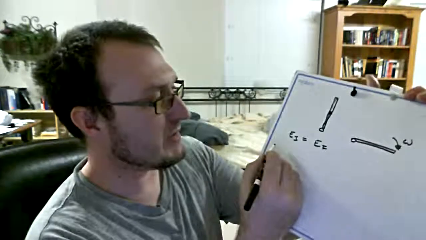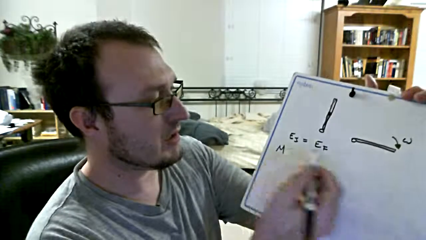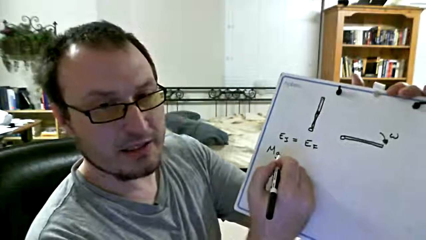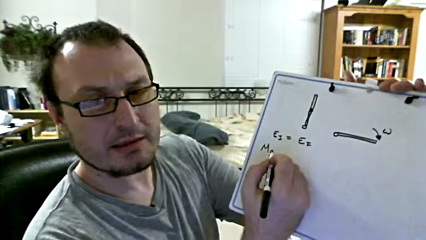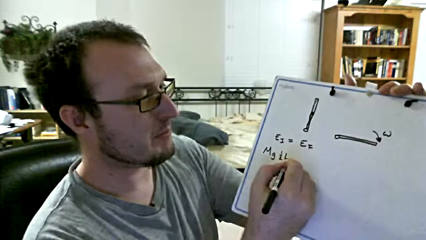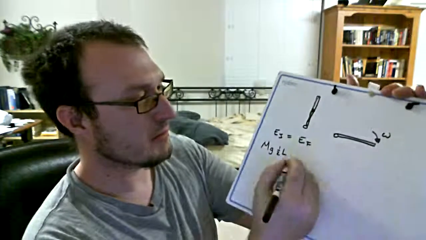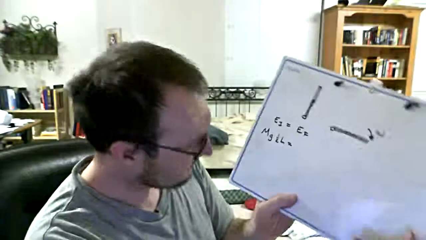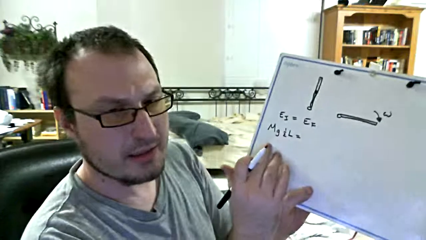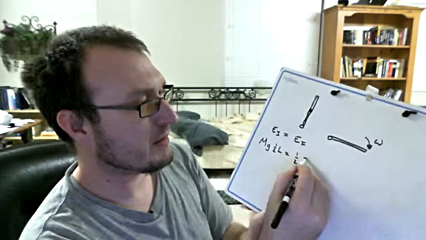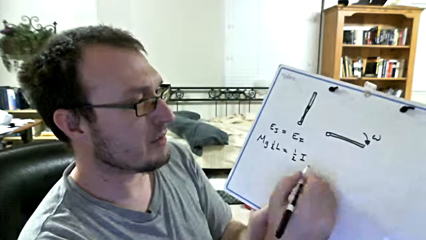and the energy initial is just going to be the mass of the rod times gravity times the height of the center of mass, and that's 1/2 of the way up the rod here, right? So that's what I get on that side. Now the rotational kinetic energy is going to be 1/2 I of the rod